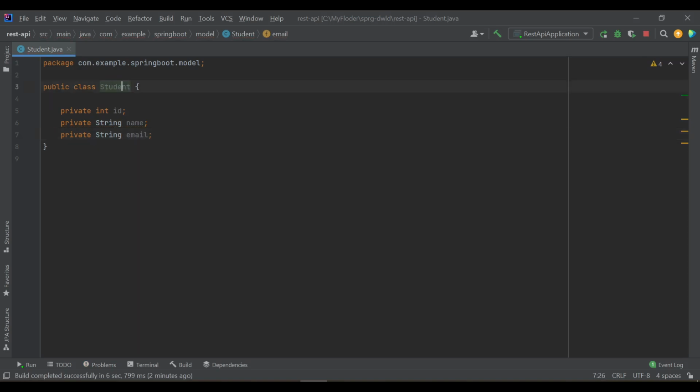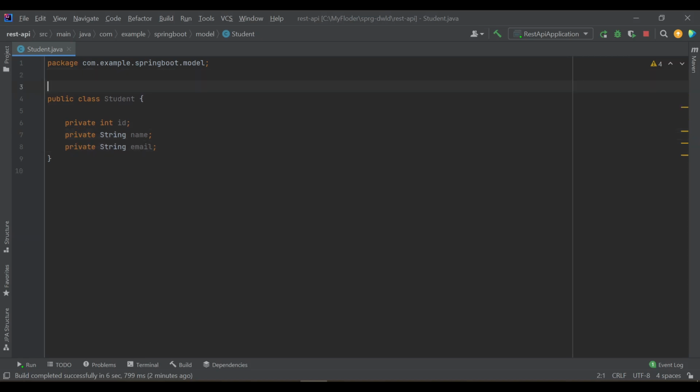Okay, and this entity basically is going to create a table called student, and it has three fields: id, name, and email, right?